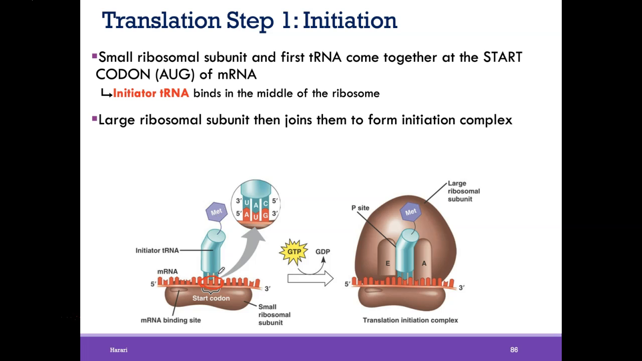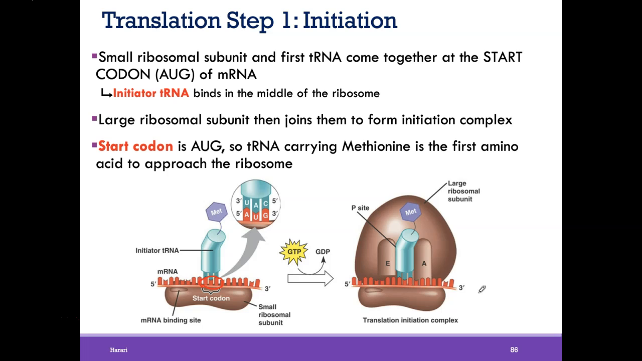Once that initiator tRNA is attached, then the large ribosomal subunit can come up and form what we call the initiation complex. Right? So this is the end of initiation. We have this kind of sandwich. We have the mRNA, which has the message. We have our first tRNA at the start codon, and we have our ribosome as like the bread of the sandwich, with the large ribosomal subunit and the small ribosomal subunit, almost like a workbench for the mRNA to lay down on. Right? And remember that the start codon is AUG, so a tRNA carrying the methionine is the first